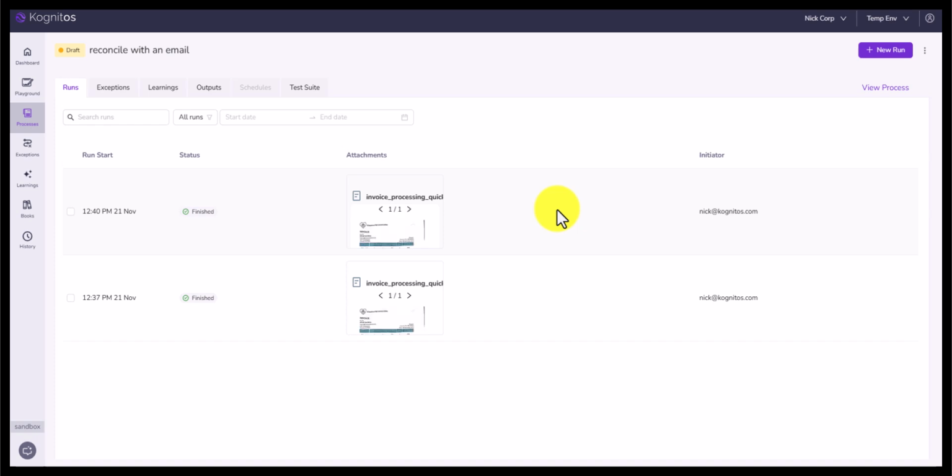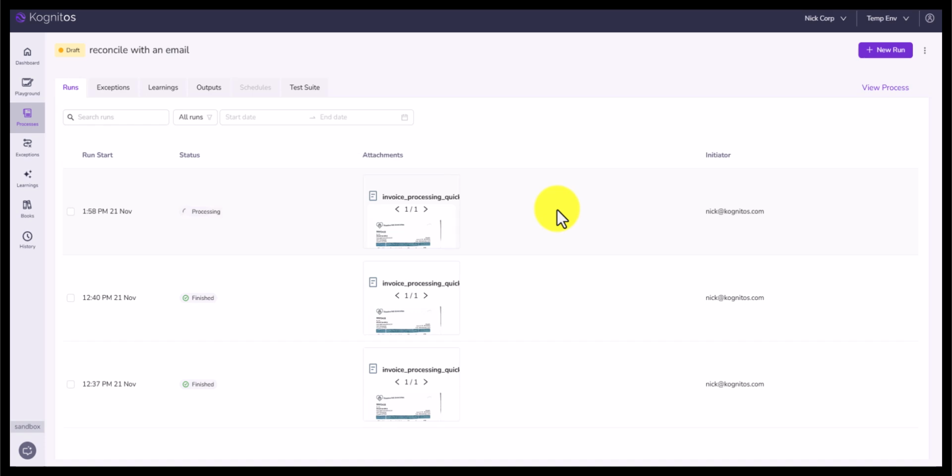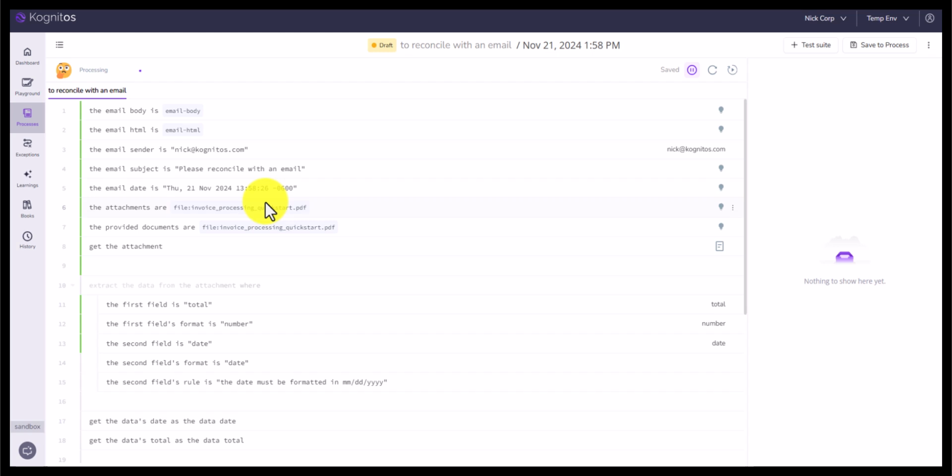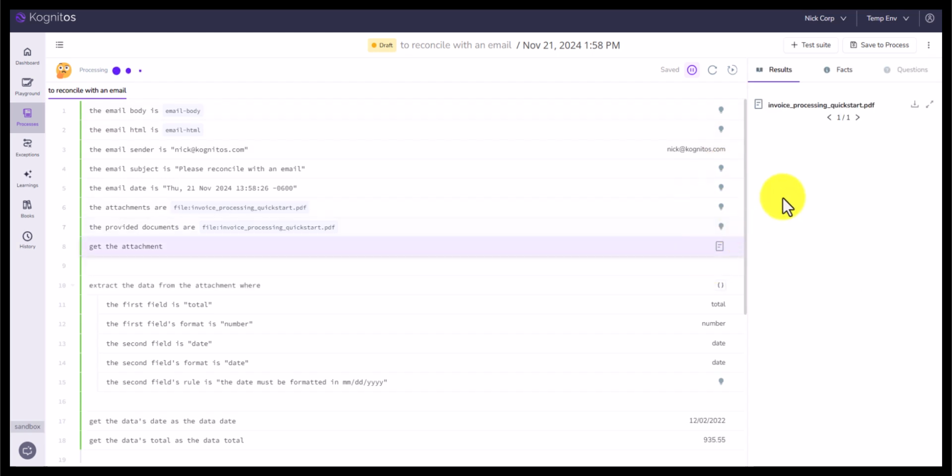The email is going through, the email is being received by Cognitos. Cognitos is going to start a new run the second that gets picked up, and there it is. So now you see it in this ready status, and we'll be able to click in here and see precisely what's happening as it's happening. As you can see, it's already picked up the email information, picked up the attachment,